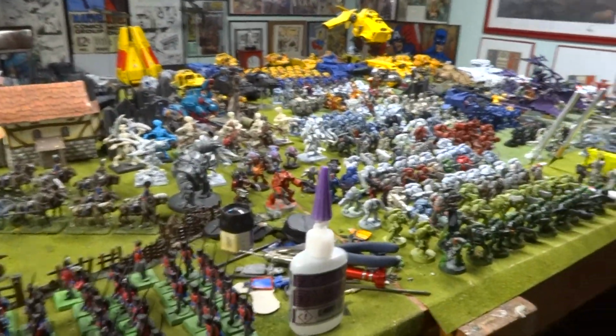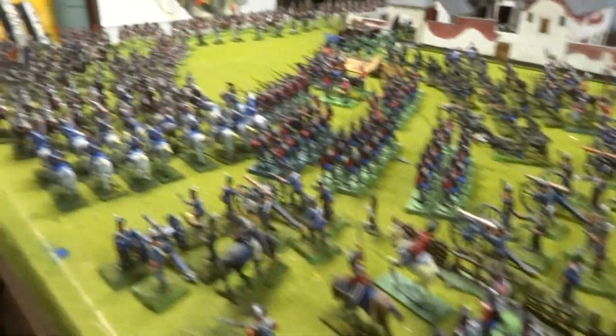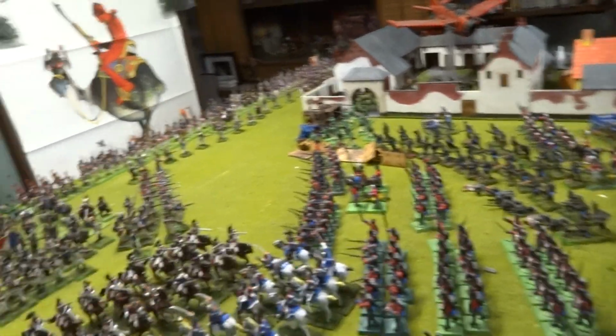And that's what we're doing, guys. That is what we are doing. That's a lot of stuff, huh? And of course, my Napoleonics. I still love these guys. These poor guys have been neglected. But it is what it is. Just trying to get everything squared away. Now they're coming out with the 9th edition. And it's like, oh my God, 9th edition now? I don't know. Now you understand why I'm doing what I'm doing. I'm separating